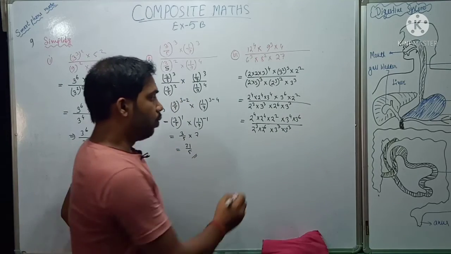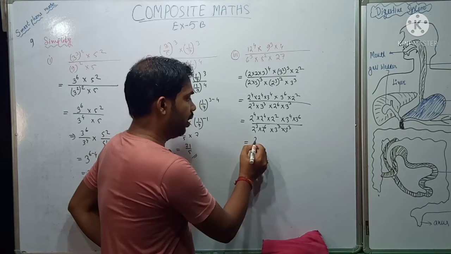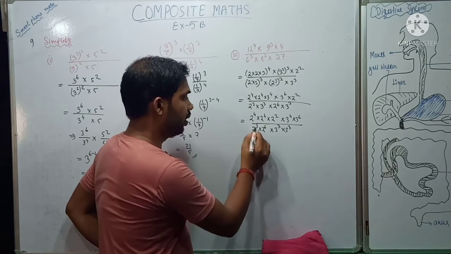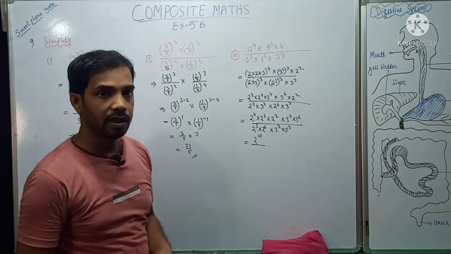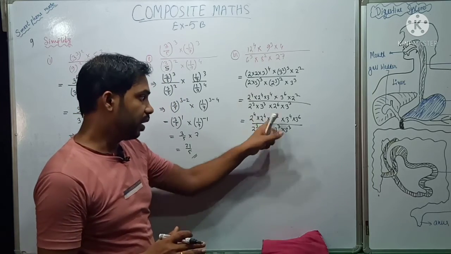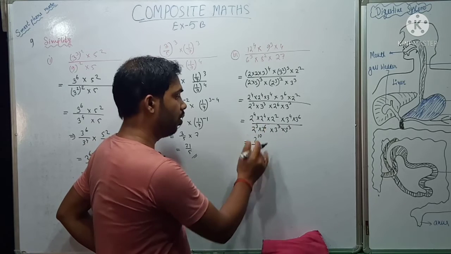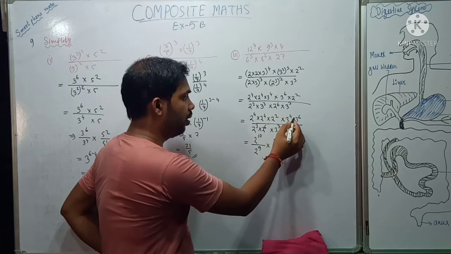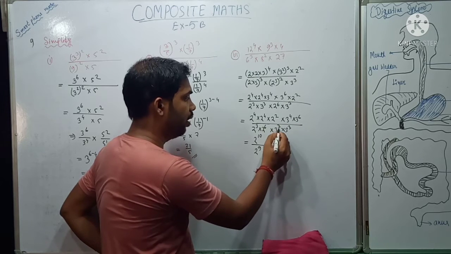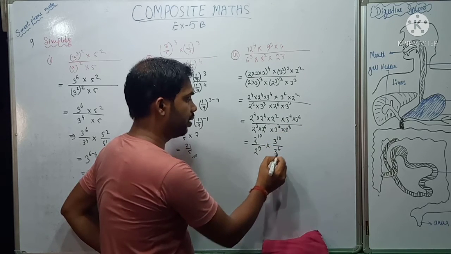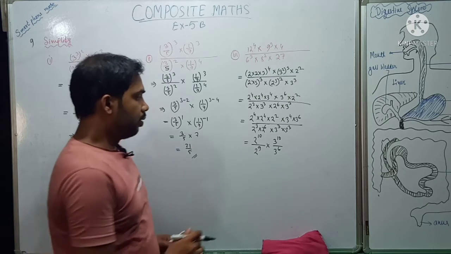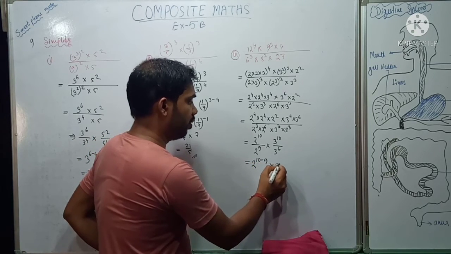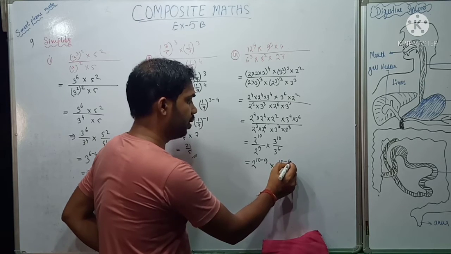So we have arranged 2 and 3 on one side. Now you can write 2 power 4, 4, 2. So it is 8, 9, 10. So it is 2 power 10. Since bases are same, the powers will be added. 3 power 4 plus 6 is 10, and the denominator 3 plus 3 is 6. So it will be 2 power 10 minus 9 into 3 power 10 minus 6.